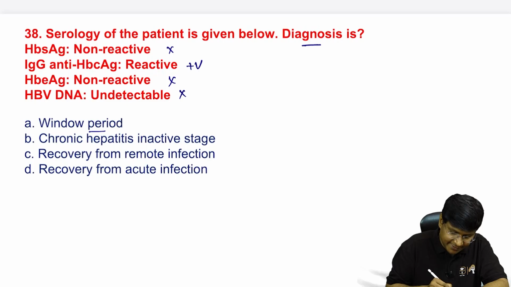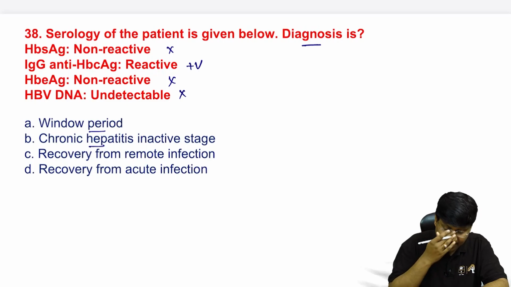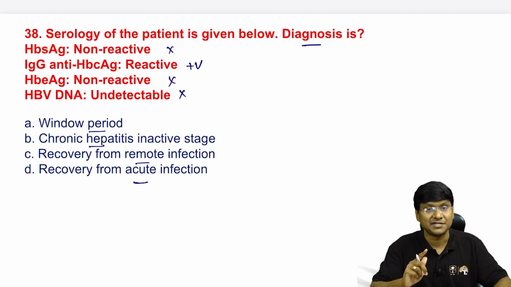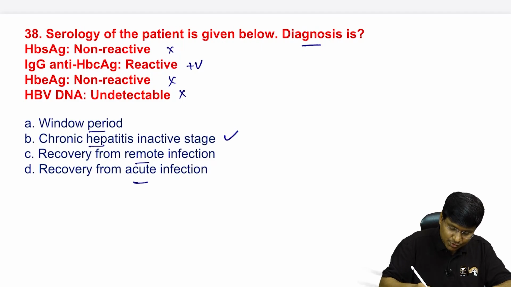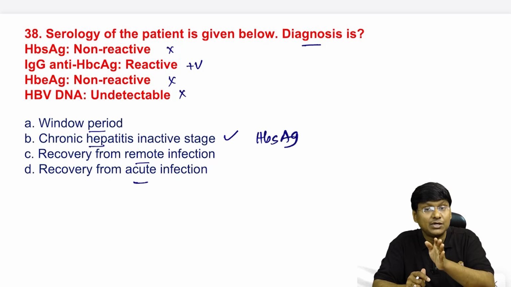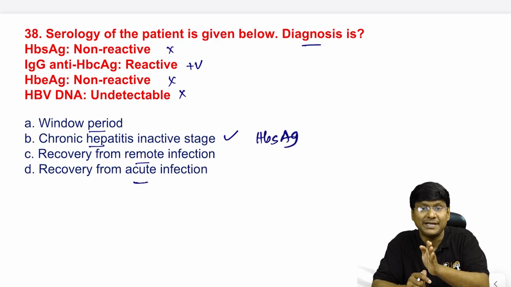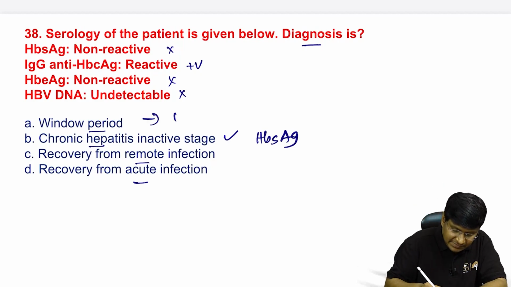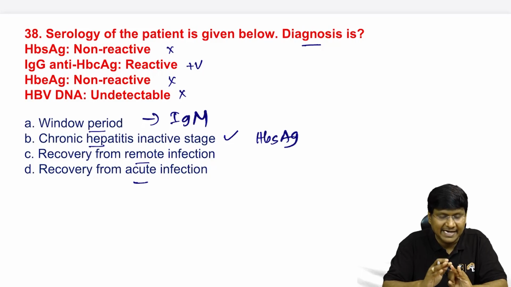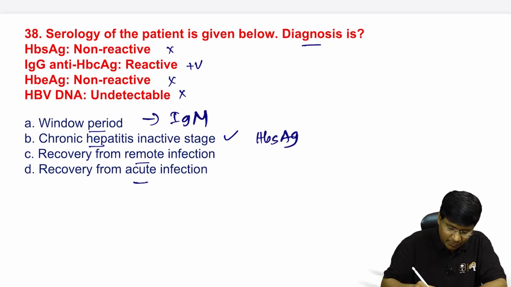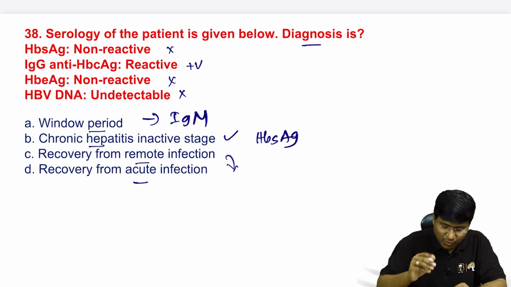So the options are window period, chronic hepatitis, recovery from remote infection, recovery from the acute infection. In case of chronic hepatitis, you should also have surface antigen positive. Whereas to call it the window period, what should be positive? IgM anti-HBC will be positive, and surface antigen and anti-HBs will be negative. Whereas recovery from remote infection